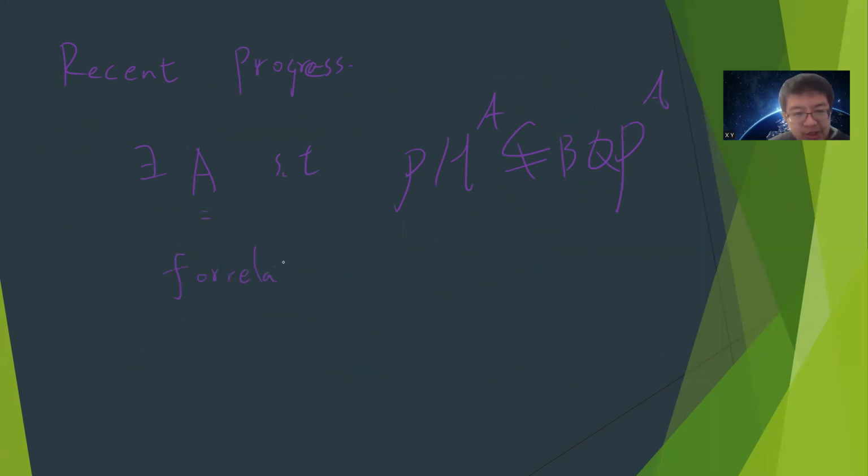Okay, and there is a recent progress, which is very famous, showing that there is an oracle A such that the entire polynomial hierarchy relative to A is different from BQP relative to A, and this is called Fourier sampling. It's very interesting, and I will definitely make a video on it. Okay, see you guys in the next video.